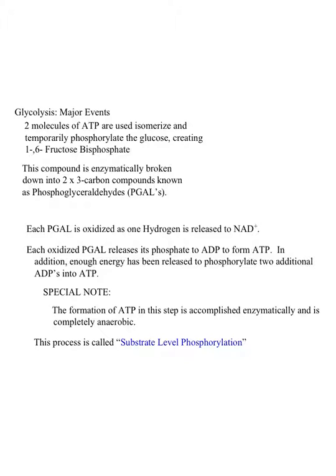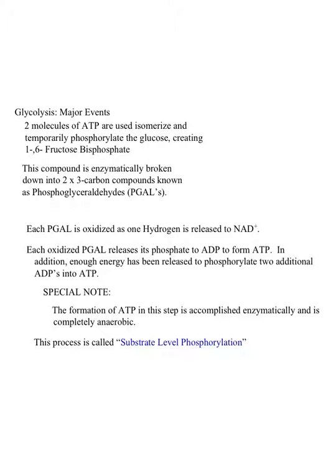different fashion. So imagine glucose taken as a linear form with the number 1 carbon and the number 6 carbon actually being attached to the phosphates that we took away from ATP. I'll show you a diagram here in just a sec. The fructose bisphosphate, or the fructose biphosphate, you can say it either way, is then going to be broken down with the help of enzymes into PGALs,